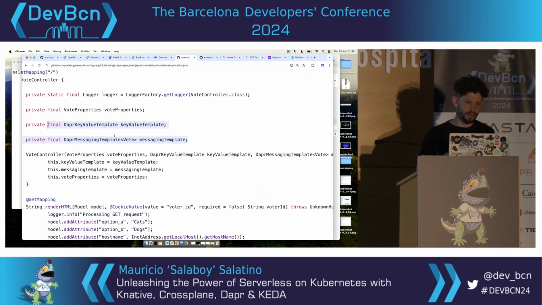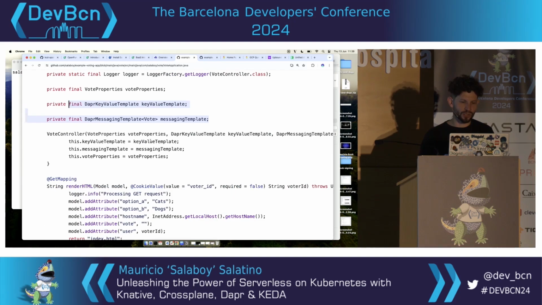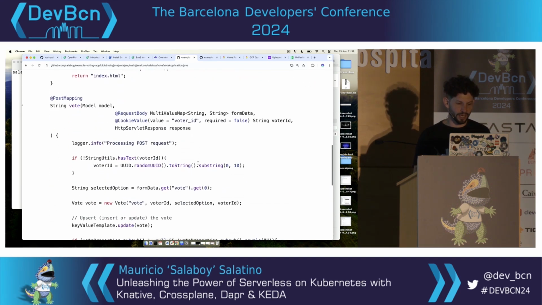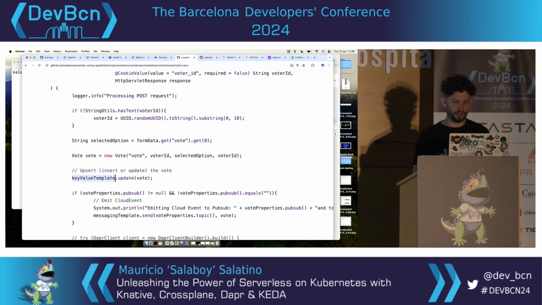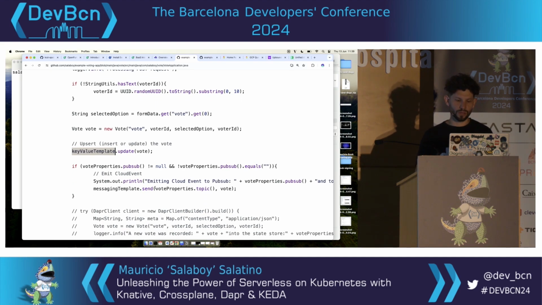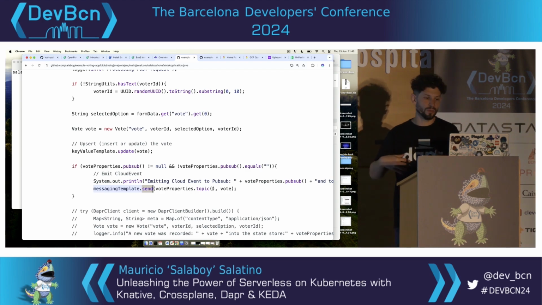So I've been working on this Spring Boot integration, where I can show you, instead of just using an API, using common Spring interfaces. This is a Spring Data key value template that you can use, and also the messaging template, which is pretty similar to the Kafka template or the RabbitMQ template. In this case, again, I'm storing votes by just calling the key value template update method here. I don't even care where that vote is being stored. I just want to store it somewhere. Or if I want to send a message, I'm using the same messaging template send, and then I'm just sending my vote somewhere, right? And it's going to be sent, and somebody else can consume it from there.